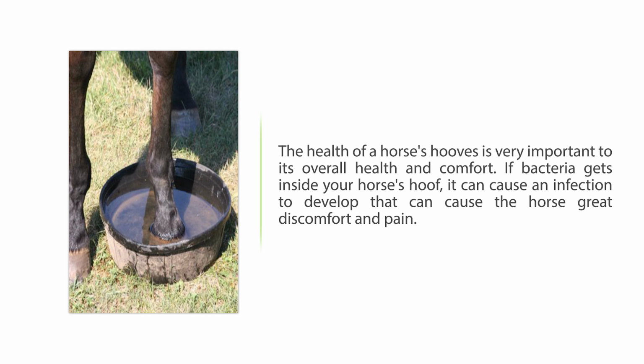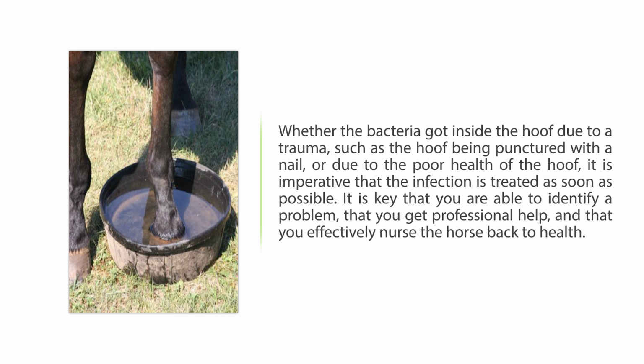The health of a horse's hooves is very important to its overall health and comfort. If bacteria gets inside your horse's hoof, it can cause an infection to develop that can cause the horse great discomfort and pain. Whether the bacteria got inside the hoof due to a trauma, such as the hoof being punctured with a nail, or due to the poor health of the hoof, it is imperative that the infection is treated